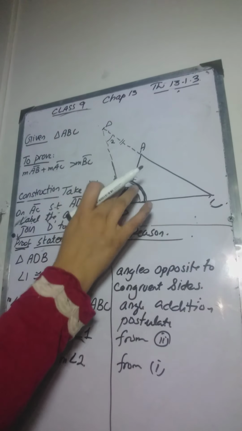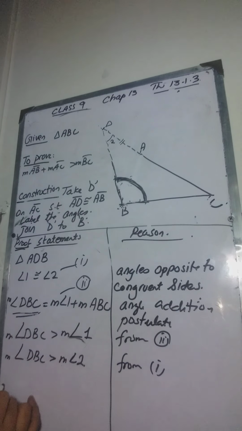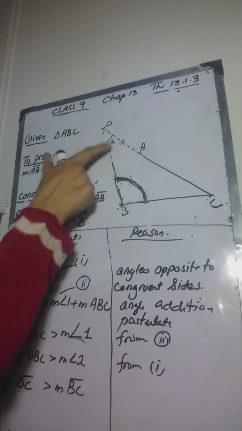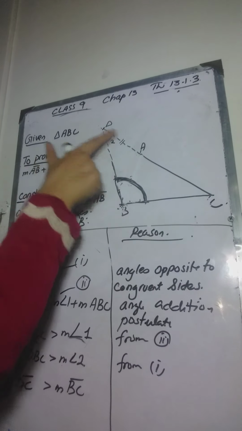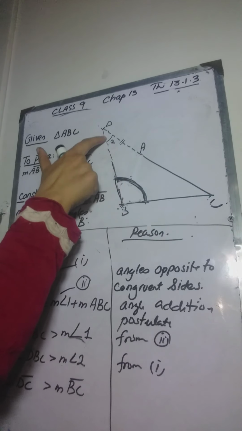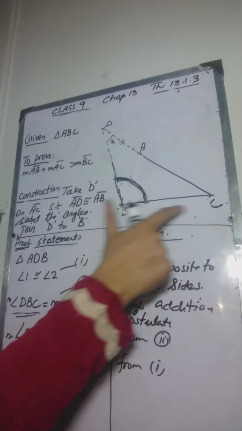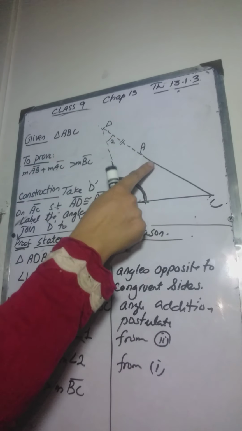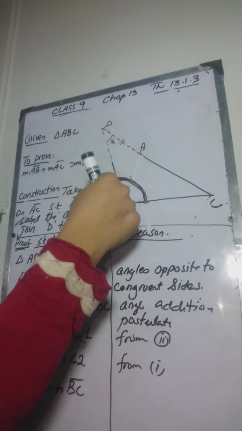Okay, so the side opposite to DBC is DC. It means that the measurement of DC, which is opposite to the greater angle, will be greater than the measurement of BC, which is opposite to the smaller angle. This angle is smaller than this angle, so this length, opposite to the smaller angle, will be shorter than the length DC, opposite to the greater angle. The side opposite to angle 2 is BC, the side opposite to the smaller angle, and DC is the side opposite to the greater angle. So the greater angle has the longer side opposite to it, so DC will be greater than BC.